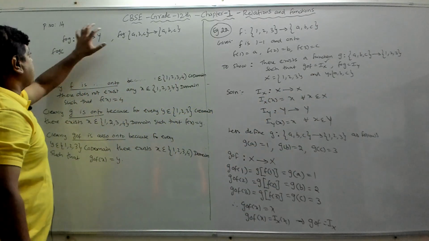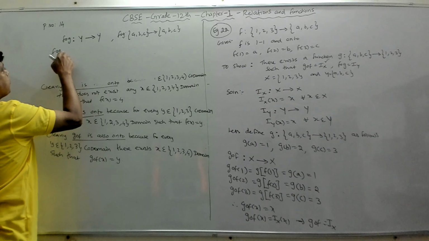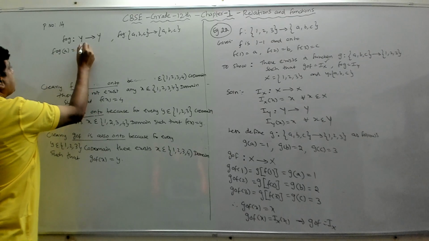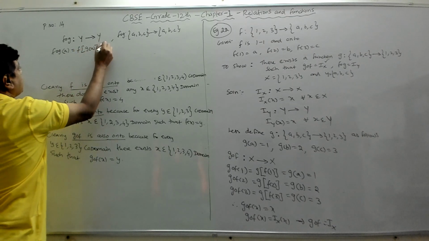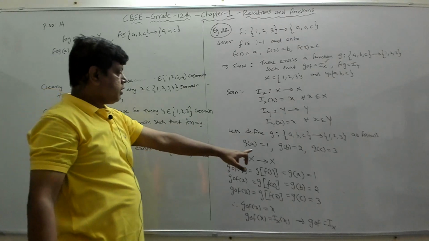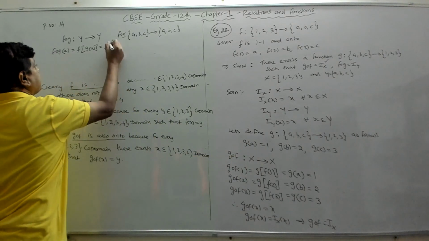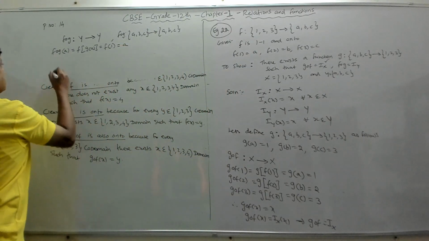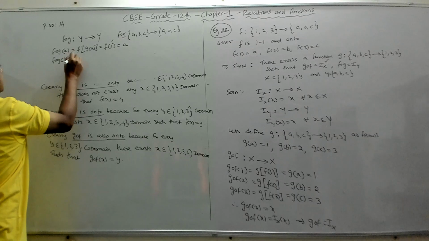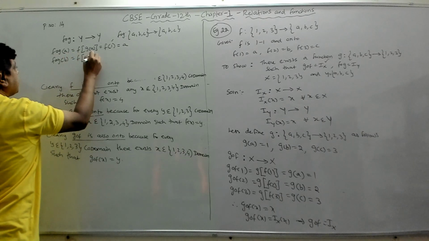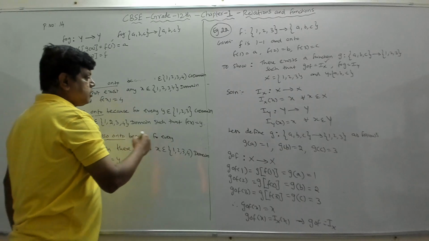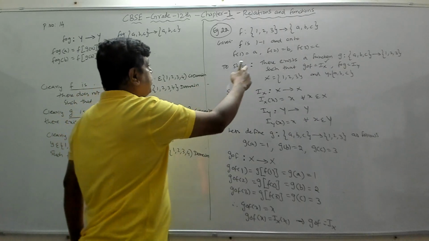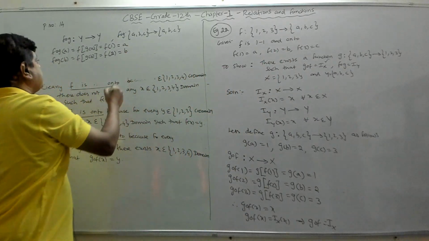Right? And then we can write like this or like this. So every element I have to take. So what is f of g of a? First is this element a. That is equal to f of g of a, which is f of what is g of a? As per the definition that we defined, it is 1. So f of 1, and f of 1 is a. So a. Similarly, f of g of b is f of what is g of b? G of b is 2. So that is f of 2. F of 2 is b. So it is equal to b.